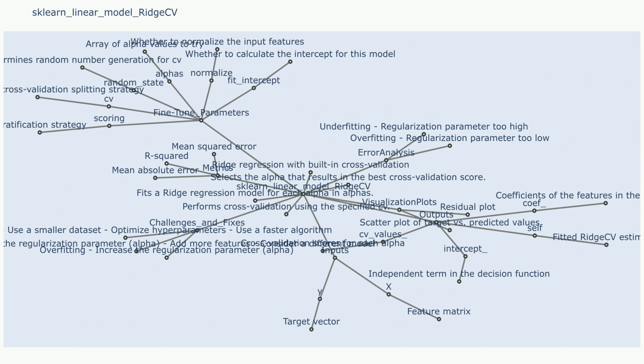Challenge 3: computationally expensive. Cross-validation can be computationally expensive, especially for large datasets or a wide range of alpha values. Sample use case that resulted in challenge 3: training RidgeCV on a dataset with millions of samples and a large number of alpha values can take a long time. Fixes to challenge 3: consider reducing the number of folds for cross-validation. Use a smaller range of alpha values or employ techniques like early stopping to reduce the computation time.